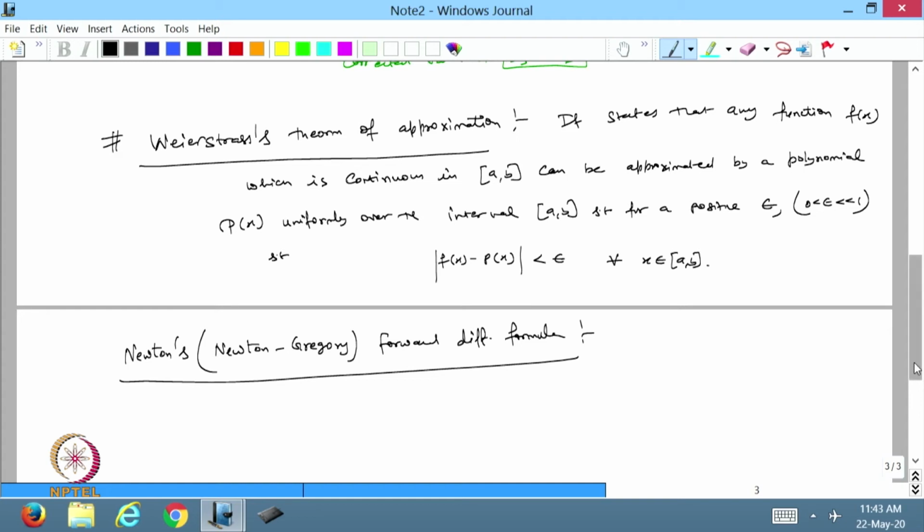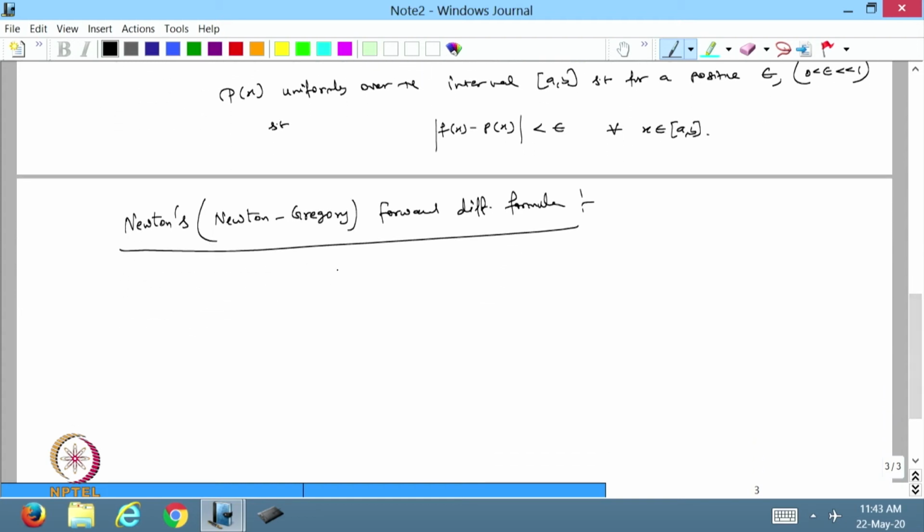So, suppose we have data, and data is given to me in the form of xi coordinates and yi coordinates. i is moving from 0, 1, 2 up to n. So, total n plus 1 points are given,